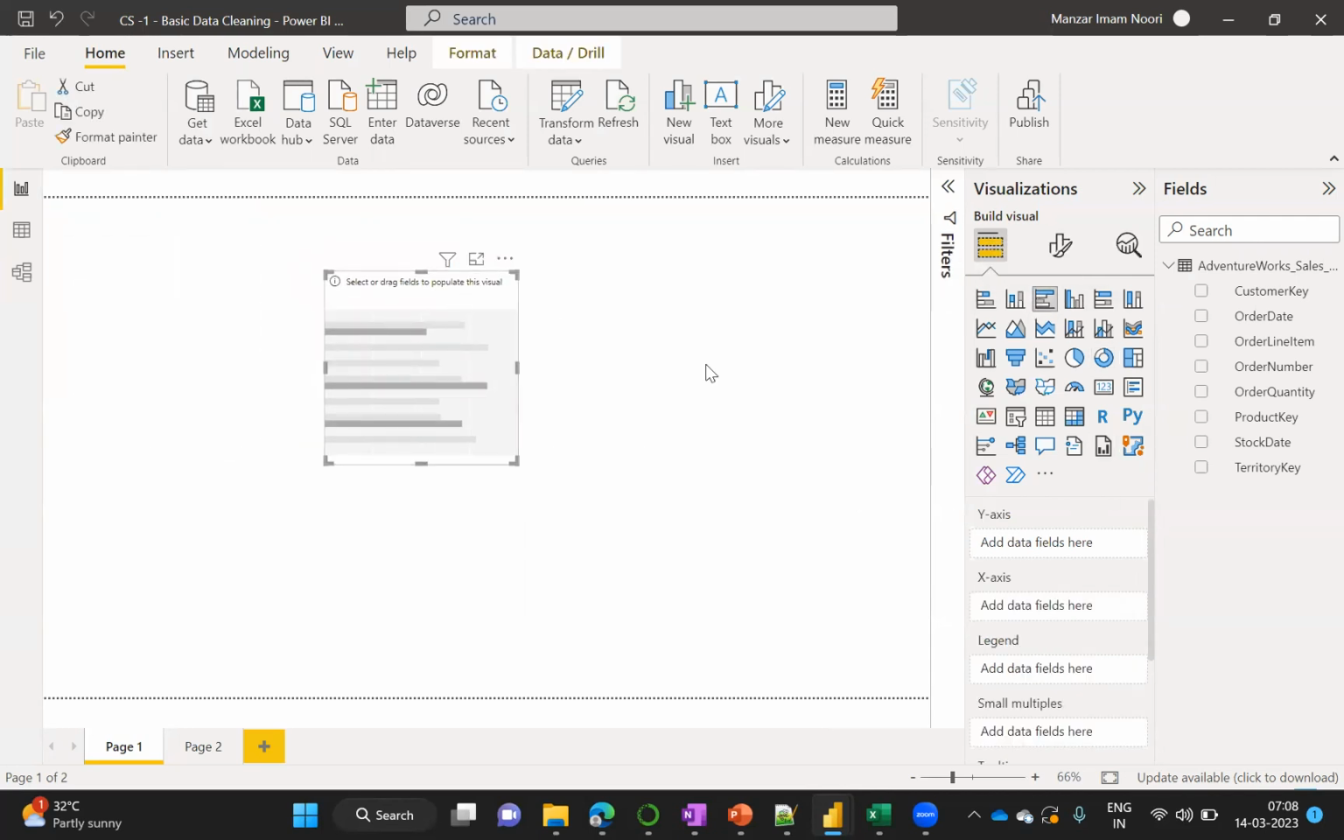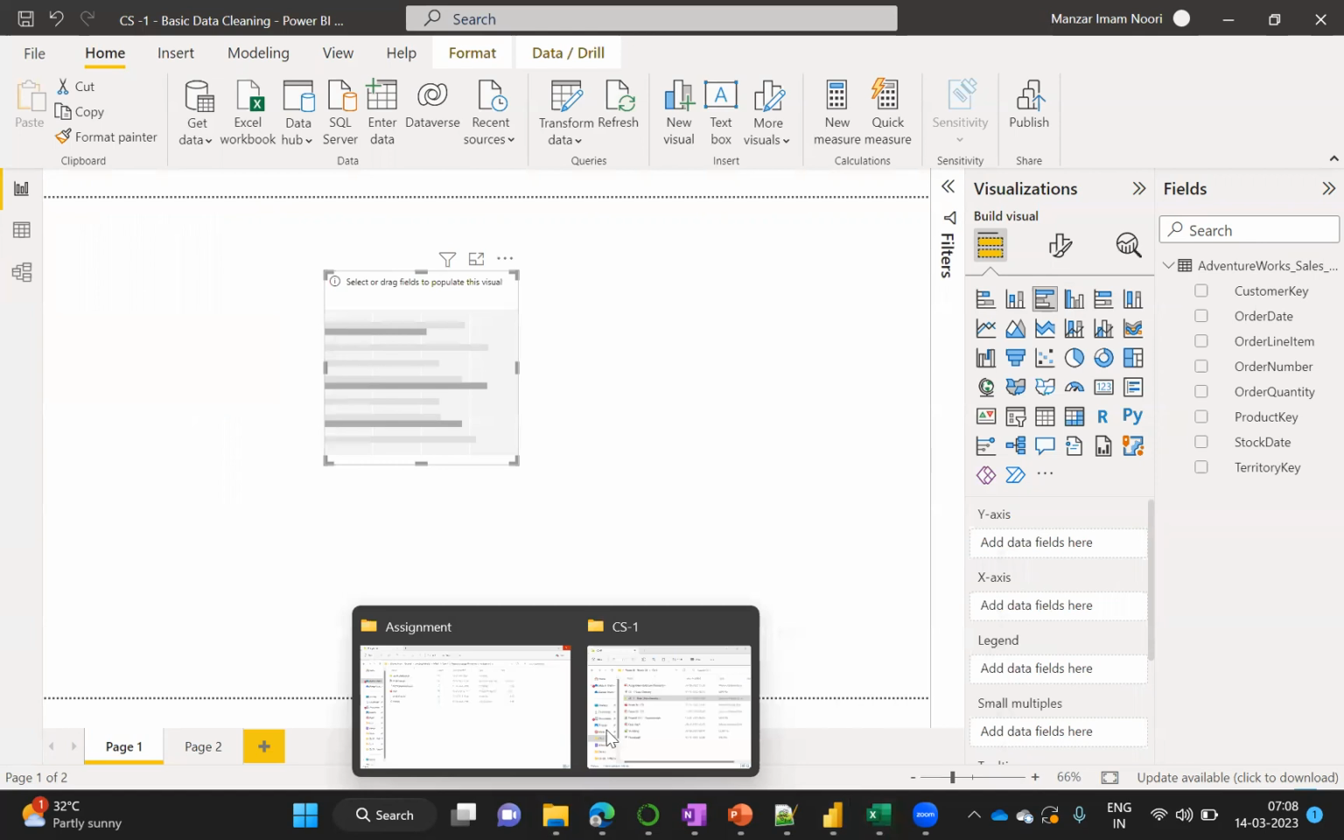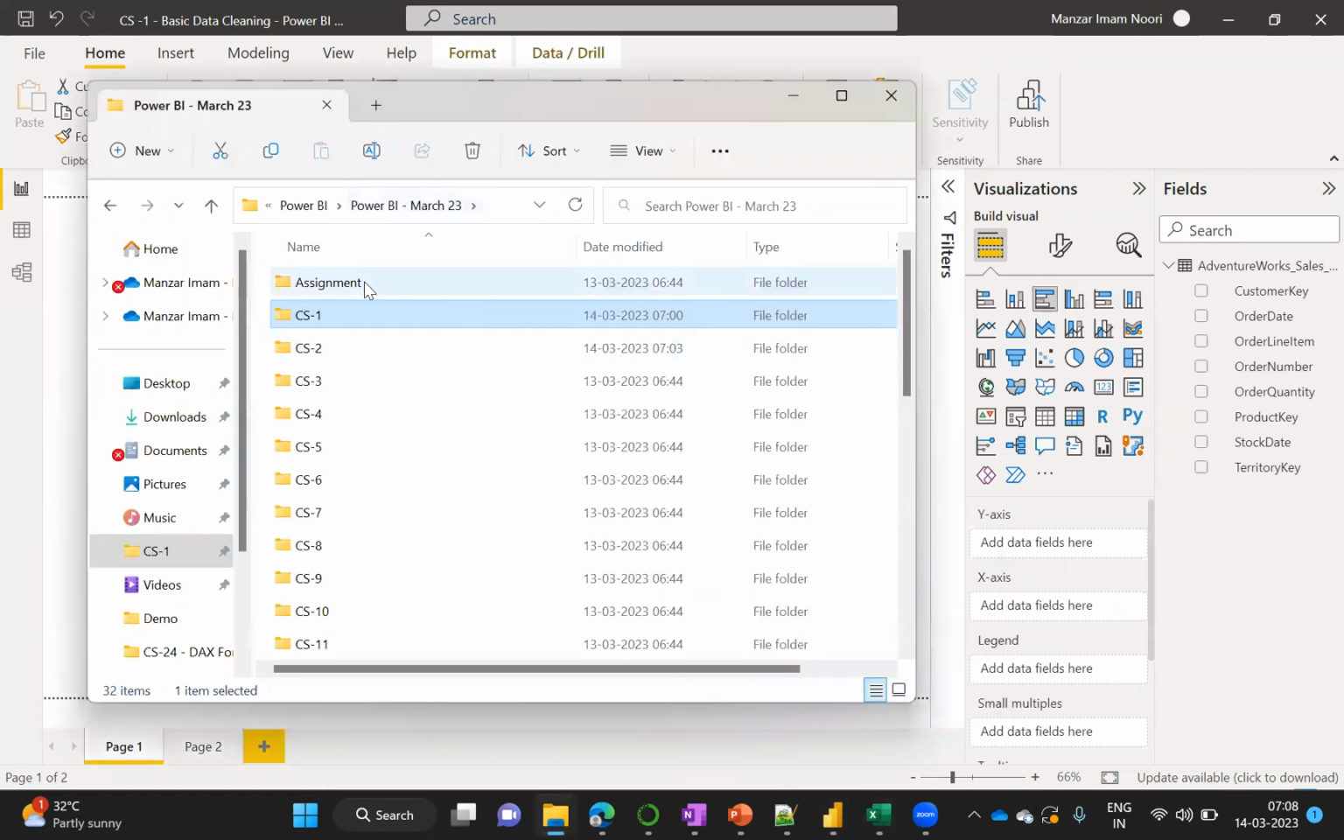So let's see, Manzak, can you show the Excel? Because I remember in Excel there were a few more fields like amount and all. That will be different fields. This is a different data set, maybe. Because yesterday you imported some different one. No, yesterday we imported this